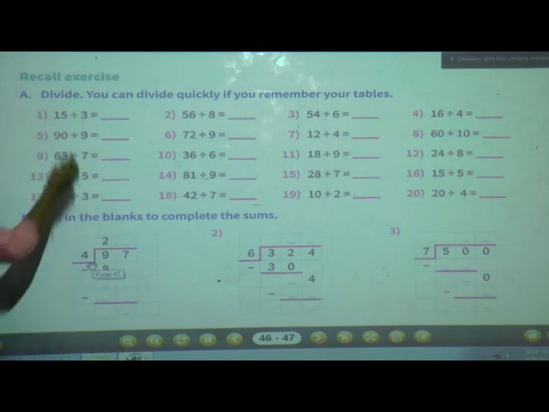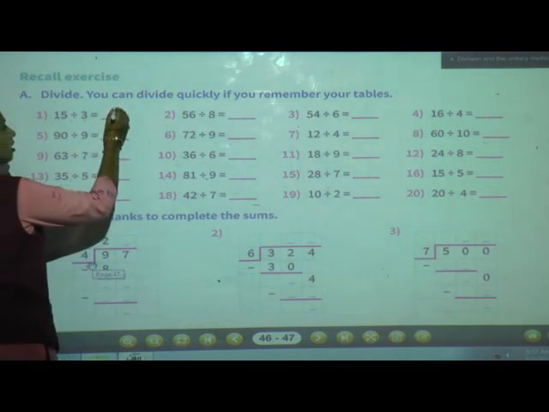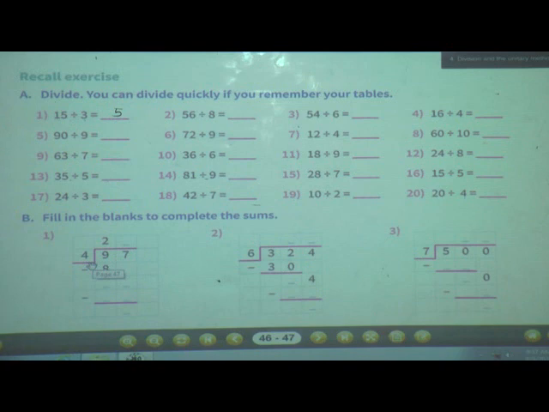Always see the divisor, we have to find out in the table. The dividend we should find out from the table. So 3 table we have to see. Now tell me in 3 table where 15 comes? Yes, 3 5s are 15, isn't it? So in this way you have to solve quickly.